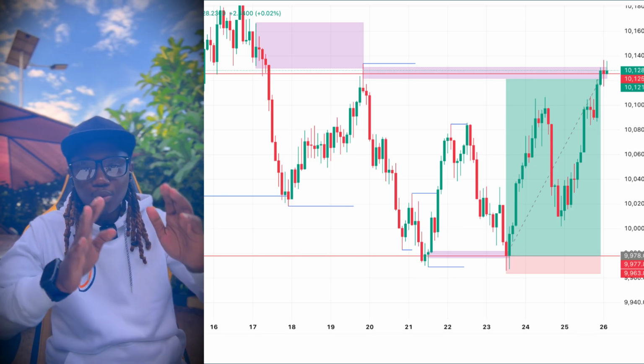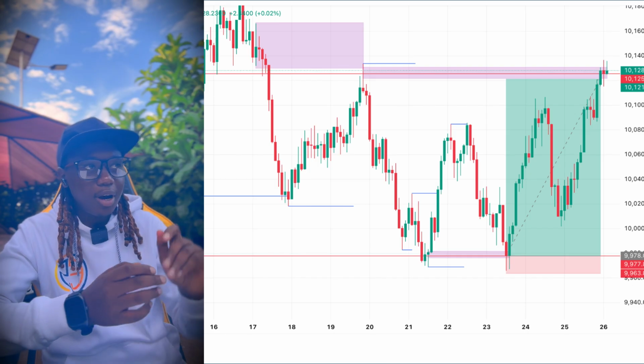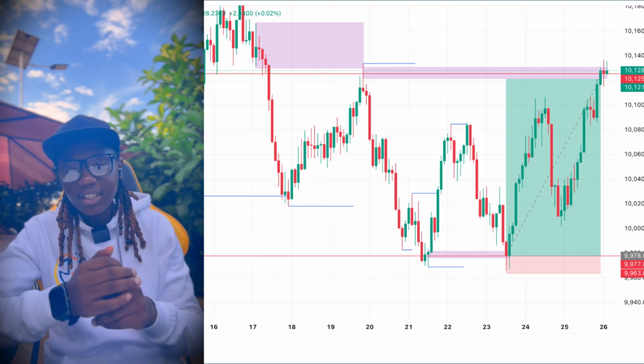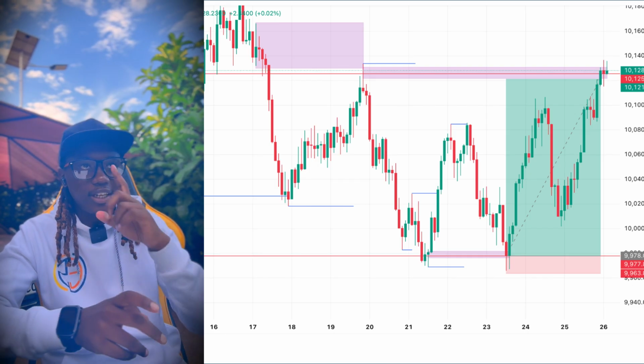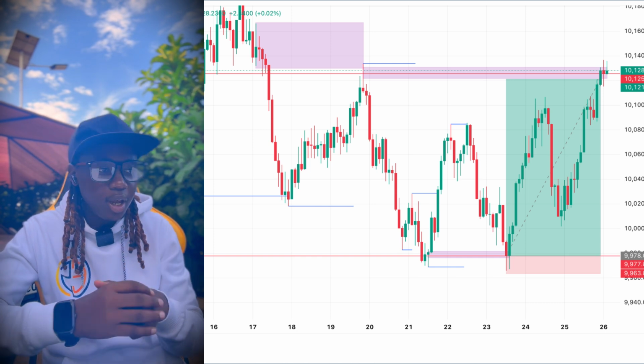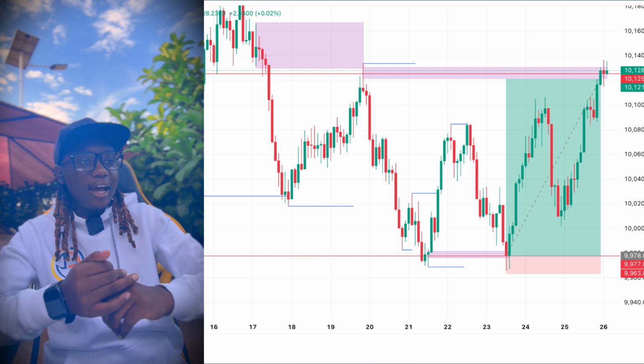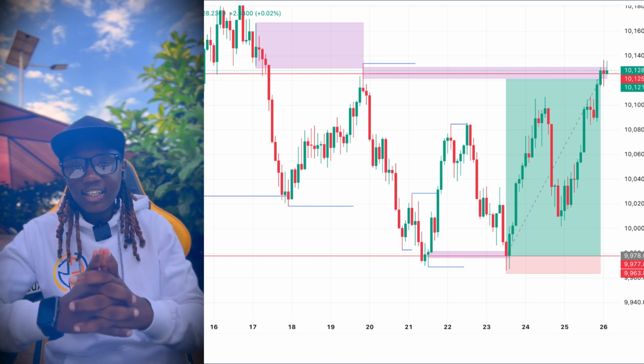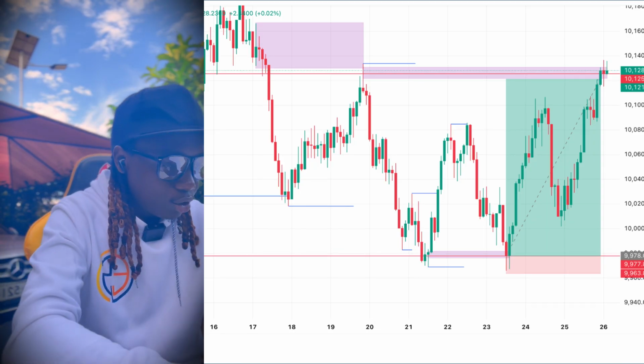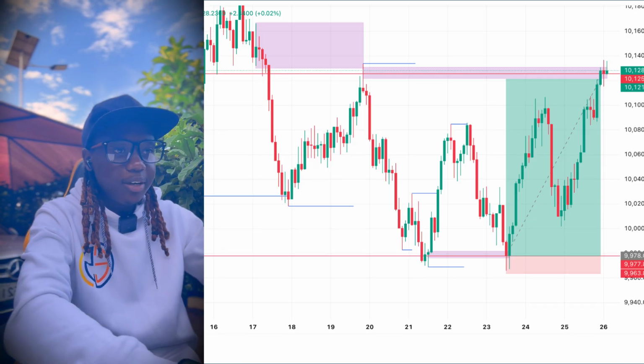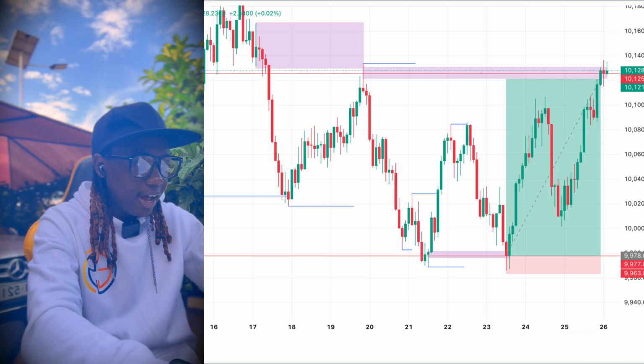So we'll be starting from doing the top-down analysis from our higher time frame, which will be our 24 hours, all the way to our entry time frame, which I used the 15 minutes time frame for my entry. So let's get into it. And as always, I trade supply and demand. So I will display my screen